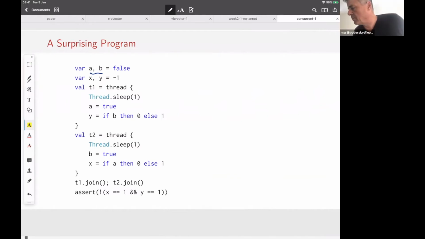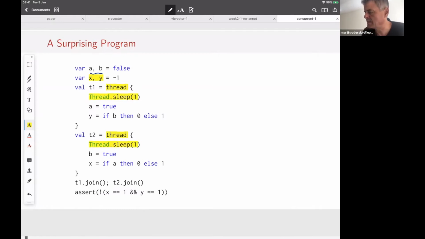Then we have two variables, X and Y, and they're initially -1. And then we have two threads, this one here and this one here. A thread is a concurrent computation that proceeds independently of the other threads.